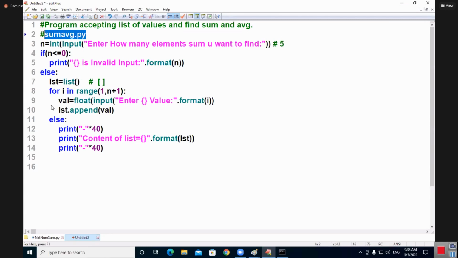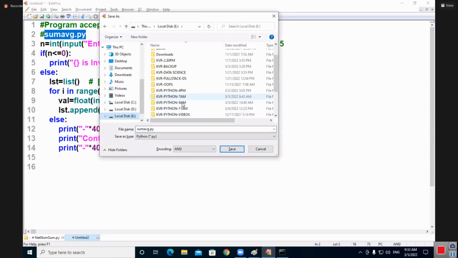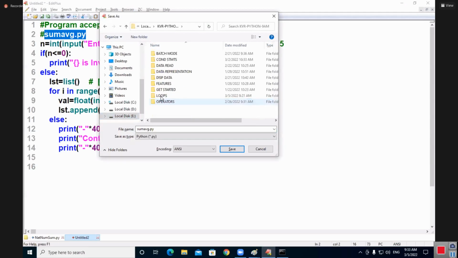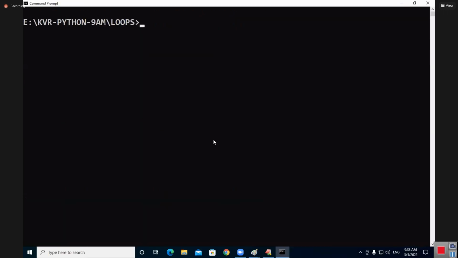Save this program. Save this program now. Let us go to the location here, E:, 9am, loops. See that some avg.py. Go to the place. Now see py. Some